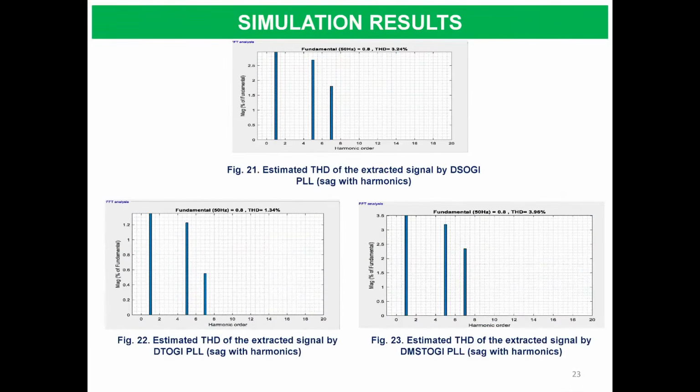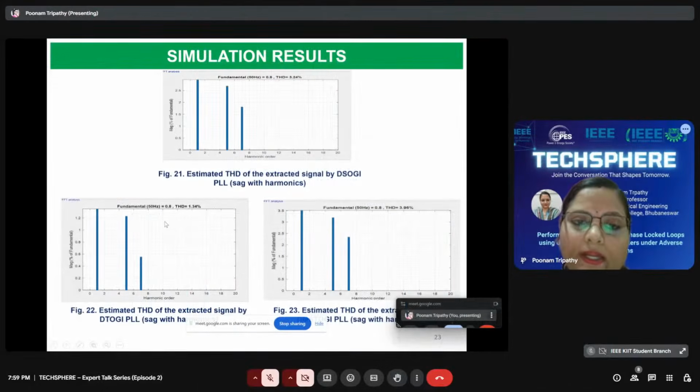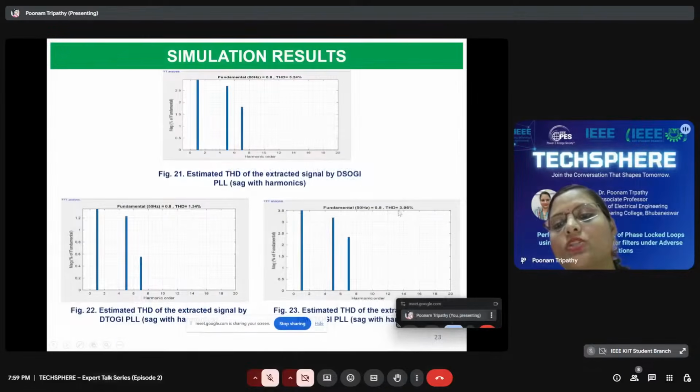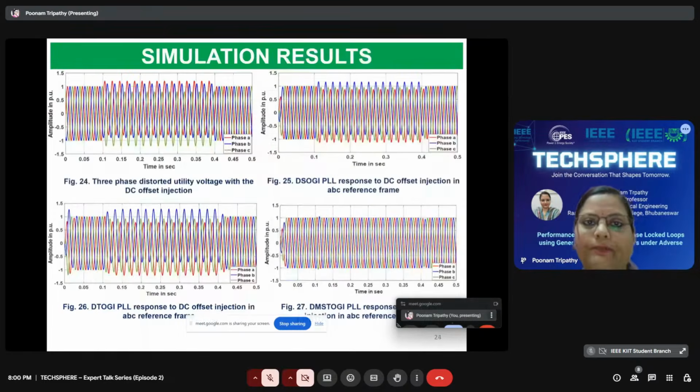5%. So here, the SOGI exhibits a THD content of 3.24%, the TOGI filter-based PLL 1.34%, and the MS TOGI filter-based PLL showcased 3.96%. So all of them are efficiently capable of estimating the grid parameters by rejecting the effect of the two-phase voltage sags with harmonics. Now here the second test case has been considered, that is the presence of DC offset, which